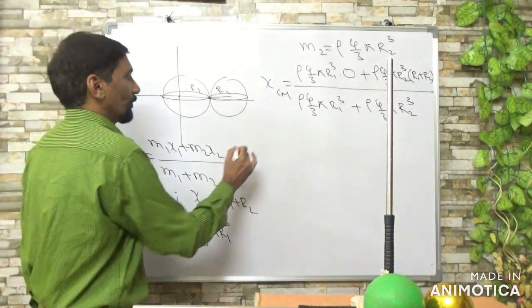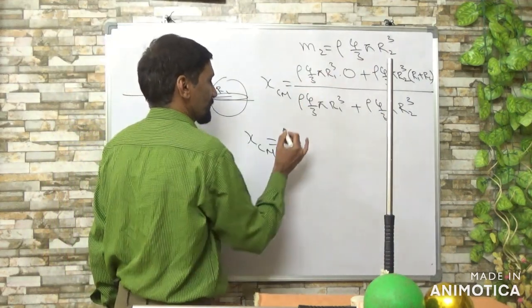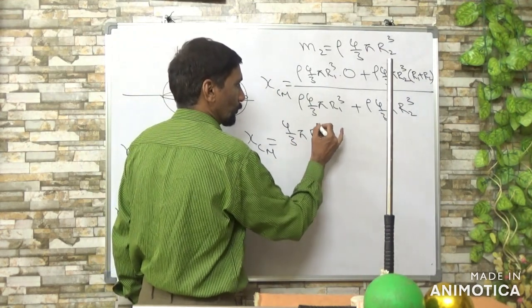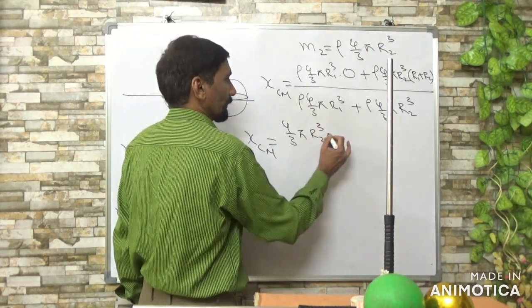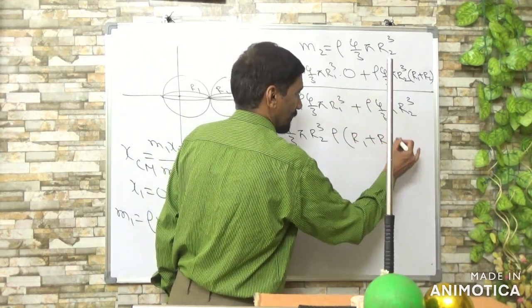So xcm is equal to, this is 0, 4 by 3 pi r2 cube into rho of r1 plus r2